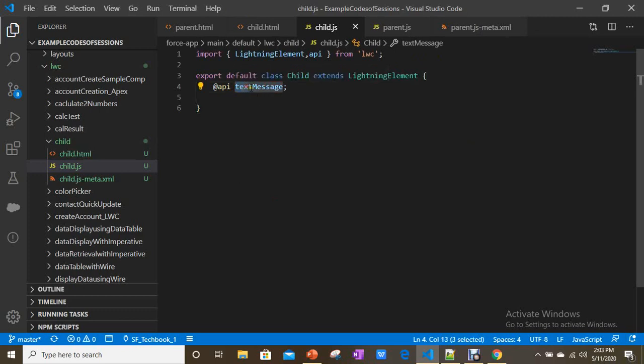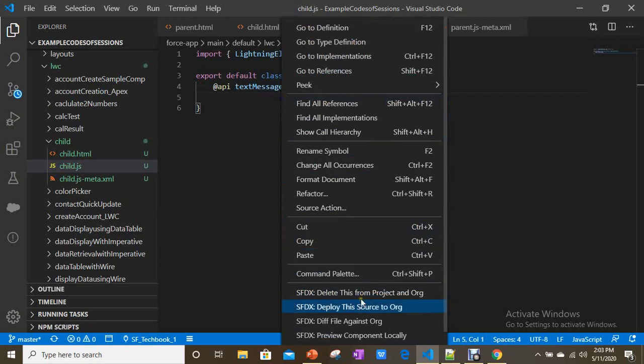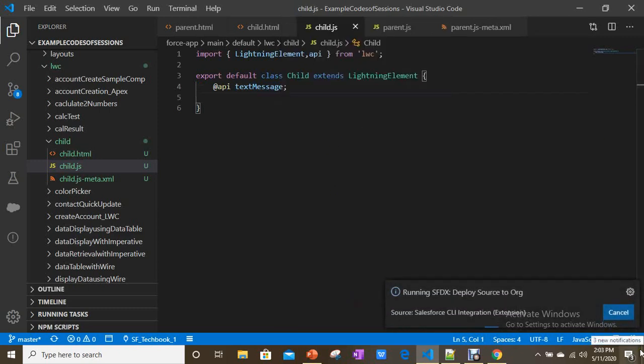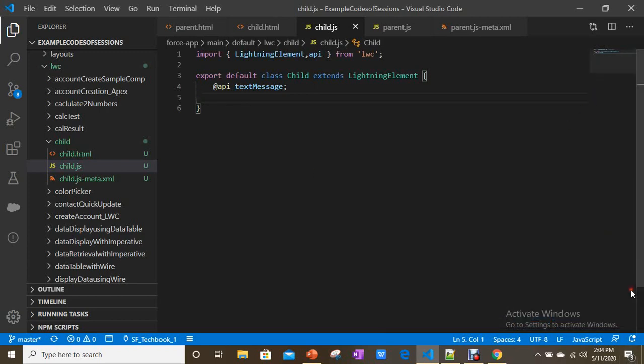It starts with a small letter, and when you have another word, it starts with a capital letter in between. So I just defined an API variable, or a property, in the child component.